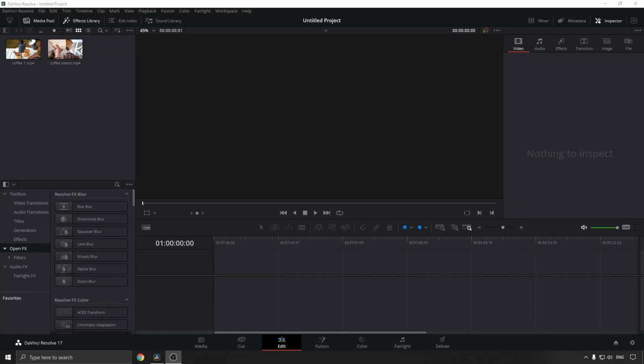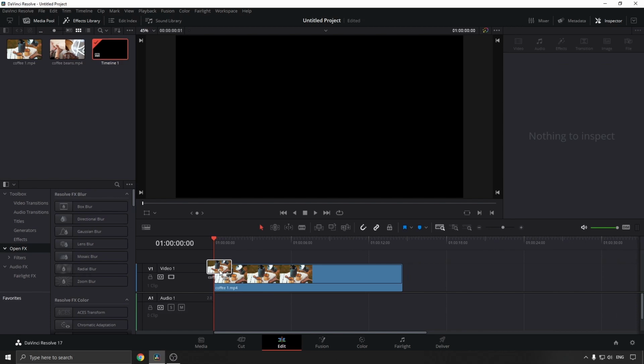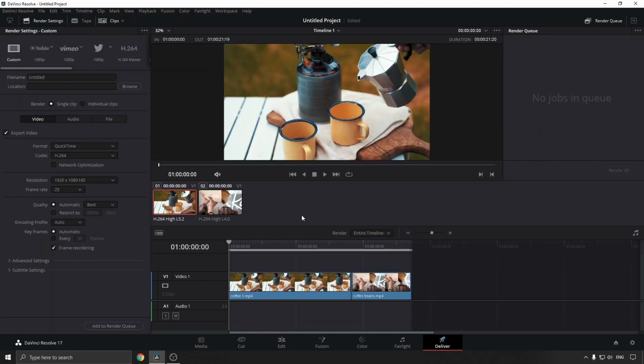Okay, so to export a single clip, what I'm going to do is bring these two clips into my timeline, just like that, and I have two clips in my timeline. But let's just say I want to export only the last clip. What I'm going to do is go to the Deliver tab with the rocket, and now you'll see you have